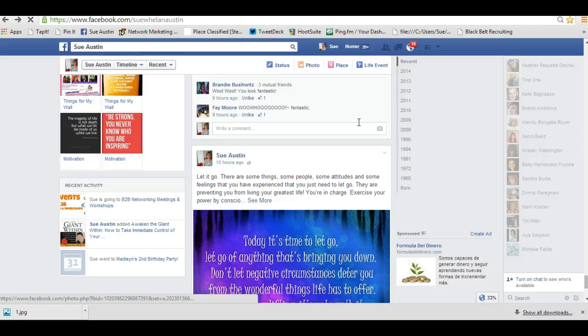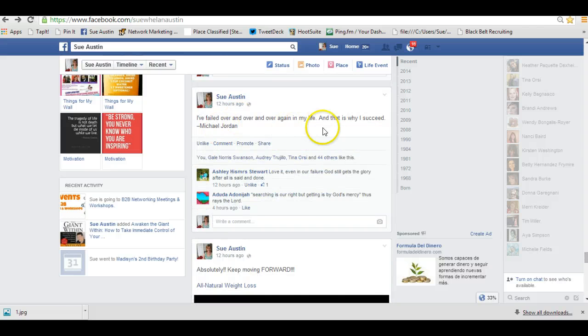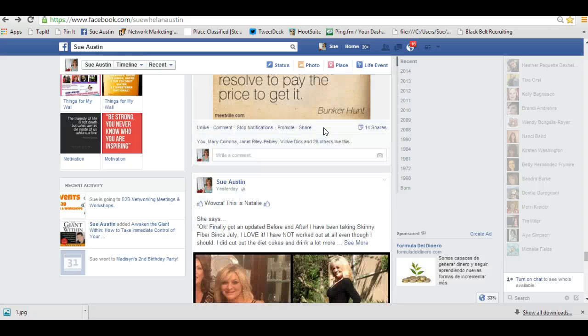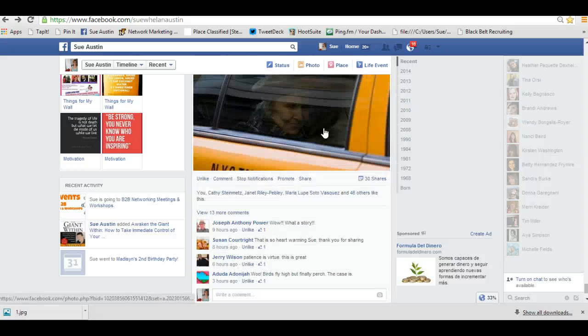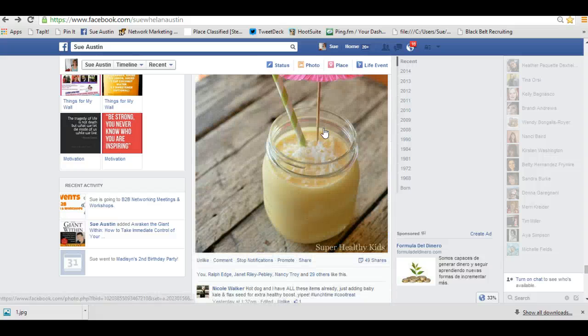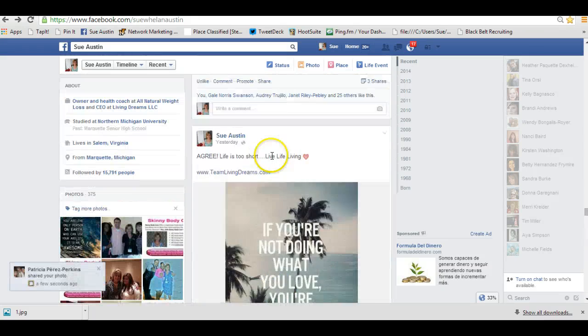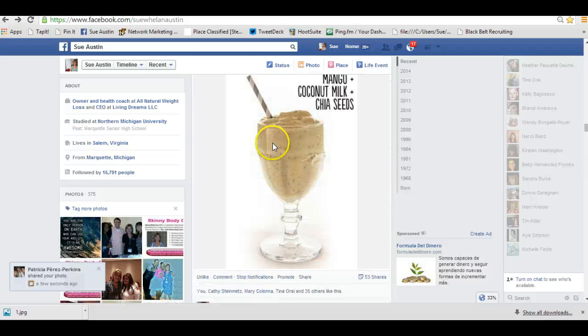You want some before and afters, positive, motivating stuff. I put quotes. Sometimes you want to just make a personal post, just what you're feeling that day in a positive way, for sure. But mix it up. Don't just have a bunch of ads on your timeline. Okay, and make sure when you're posting, and I went through this on another video, but